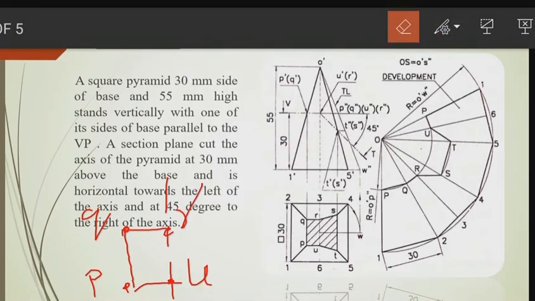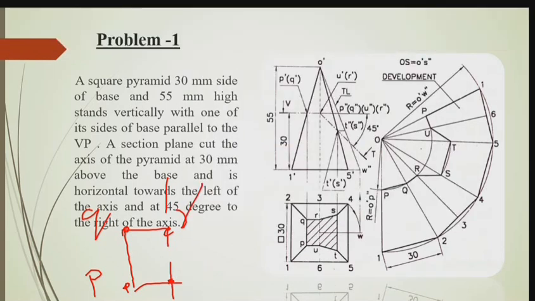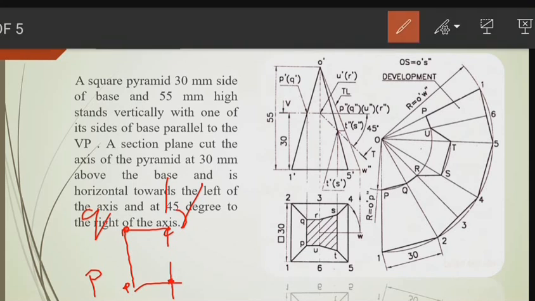So R and U portion, up to R and U, from the top view you can see that. So now P, Q, R, U you will get. Now when it cuts into this line, when you cut from this, you can see